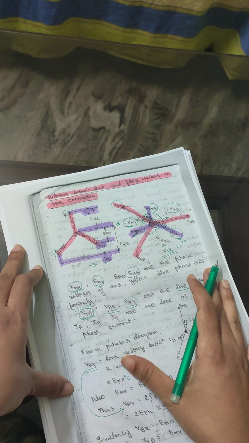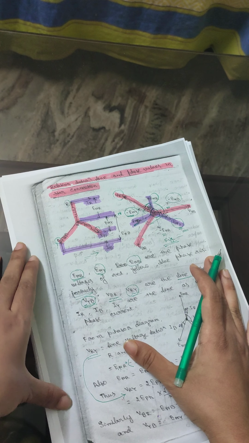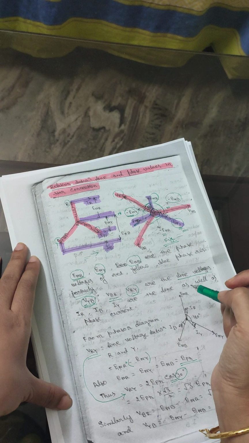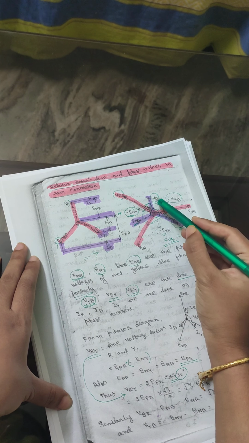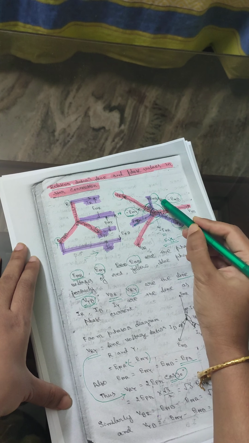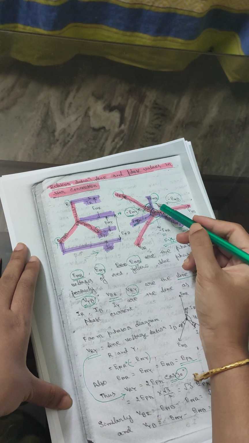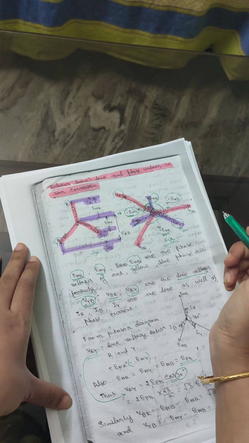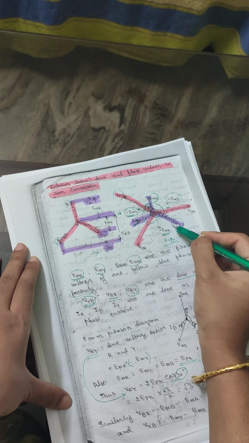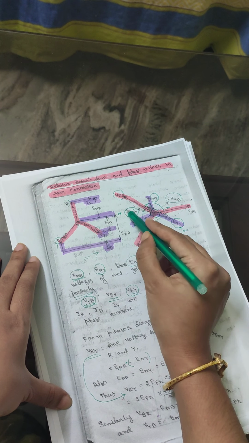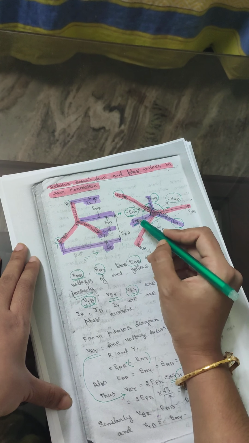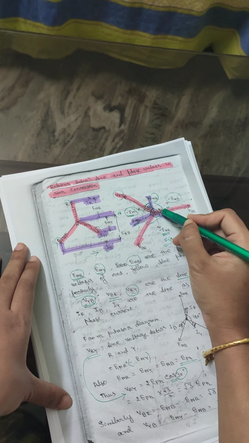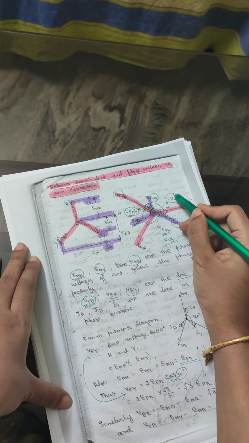Now when we find the relation between line voltages and phase voltages, if we extend ENR in the opposite direction, it will obviously be minus ENR. When we extend ENY in the opposite direction, it will be minus ENY. When we extend ENB in the opposite direction, it will be minus ENB.